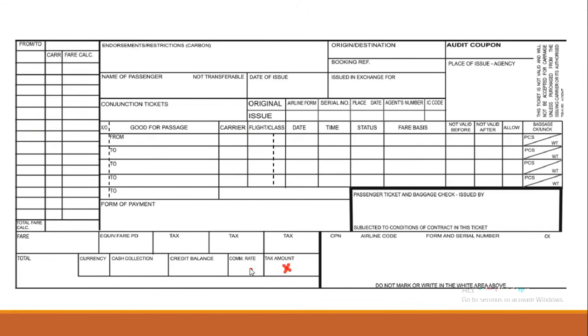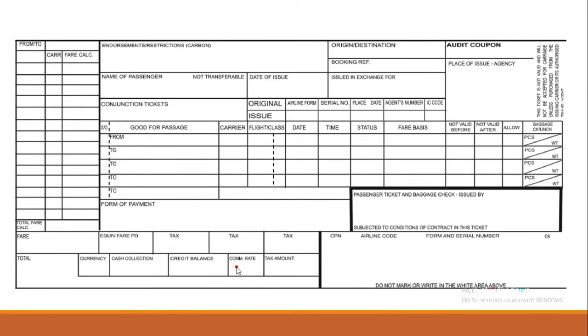In this section, you have your commission rate, which will be very much dependent on which airline you are using. You can find in your textbook what commission rate you are going to be using. So usually for British Airways, you will charge it as 1, or for Central Airlines it will be 0.